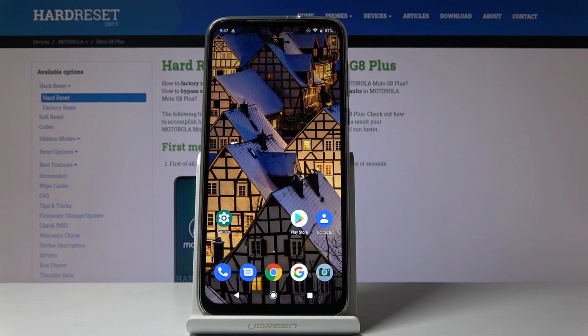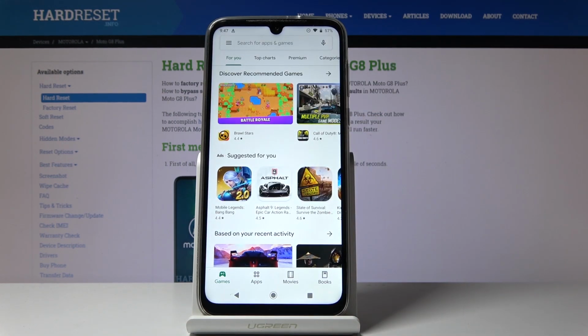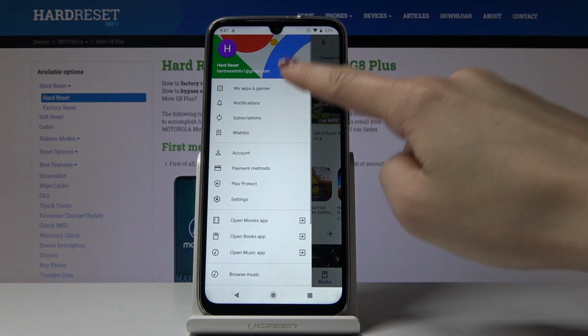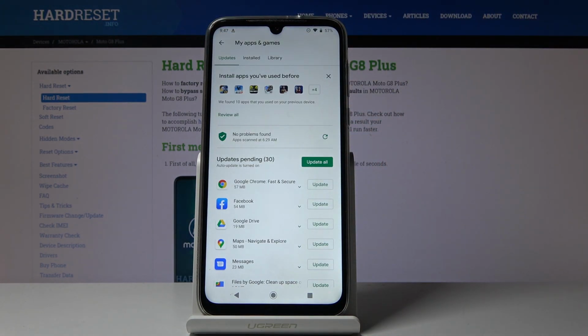Here I've got a Motorola Moto G8 Plus, and let me show you how to update applications on this device. At the very beginning you have to locate and open your Play Store, then go to More, pick My Apps and Games, and here you can pick some particular application that you would like to update, for example